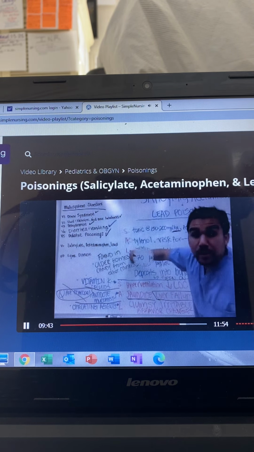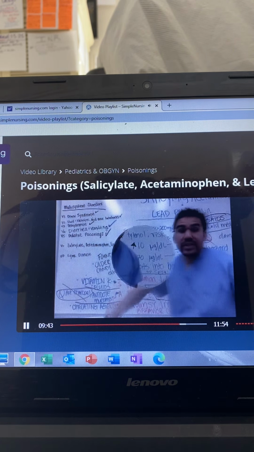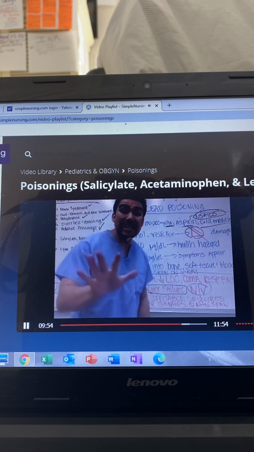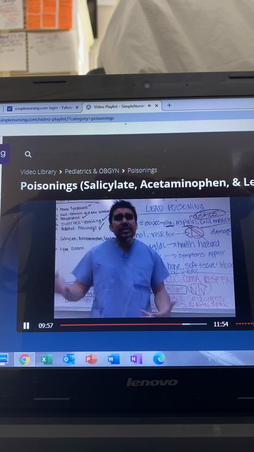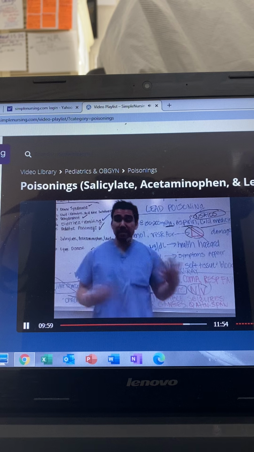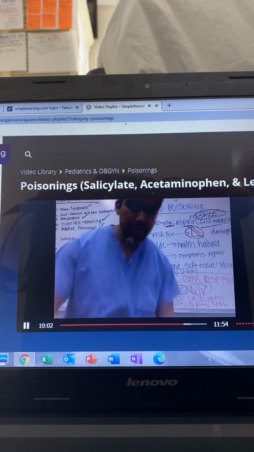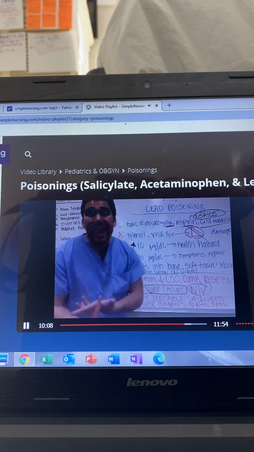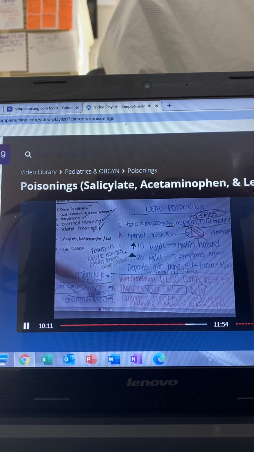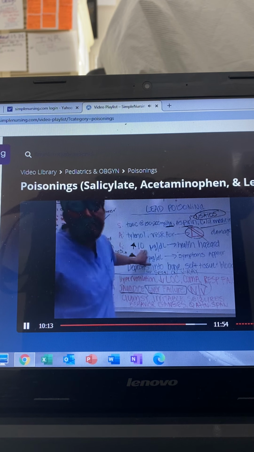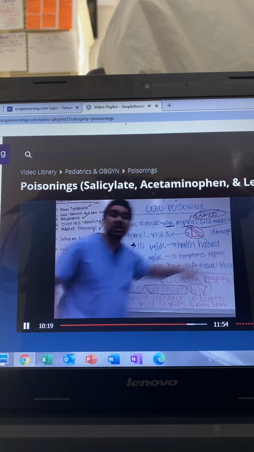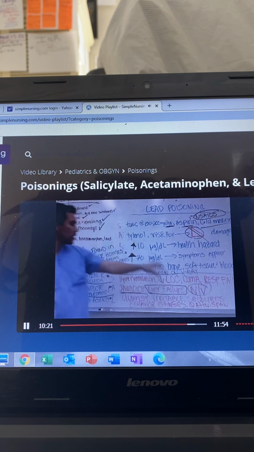Let's do the last one, lead poisoning. Lead poisoning is our next subject here. So as I was saying in the beginning, lead poisoning used to be really, really big when they used to make paint with lead. There are houses that are still here today with lead paint, but not as common as with the older generation. So if your patient has lead poisoning, what's bad and what's really bad? Well, we know that anything greater than 10 in terms of our milligrams per deciliter is considered a health hazard. Anything greater than